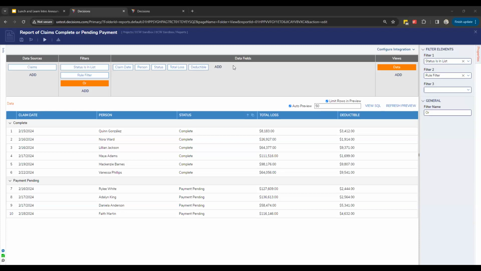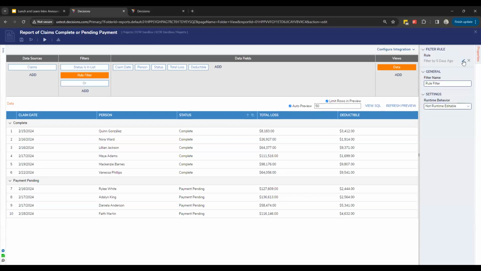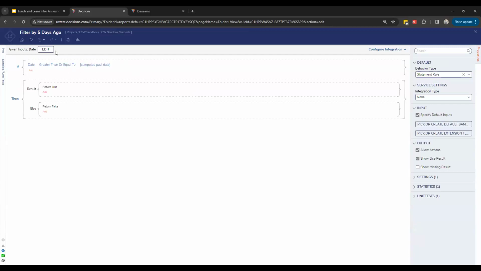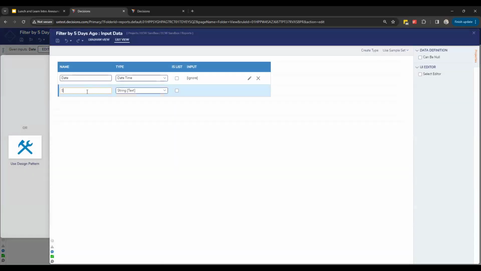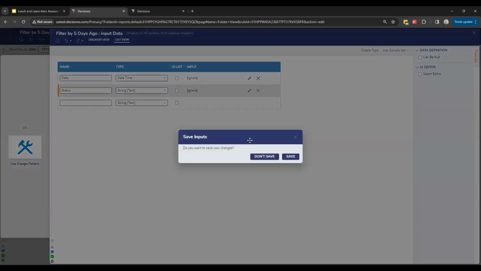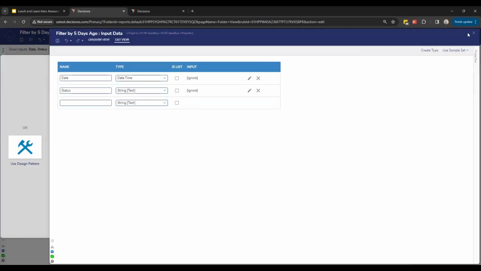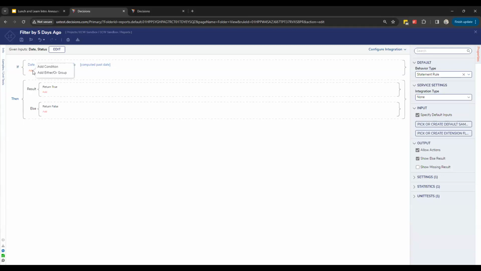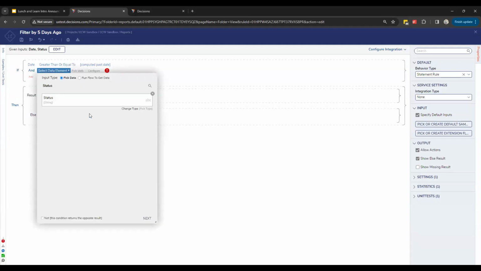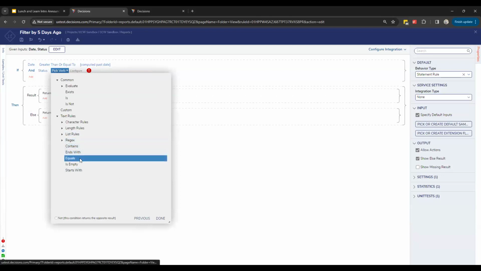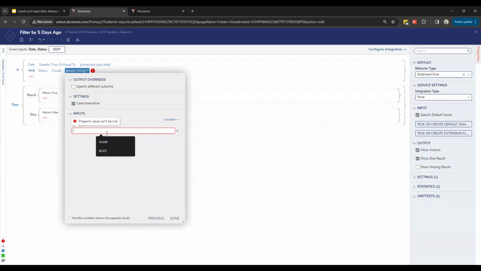If we need to put all the states in the same report, to leave pending states as is and filter by date age just for completed states. Yeah, no problem. I mean, I would still do it with this rule filter. So this rule filter currently generically is just looking if the date's greater than, but now I would modify this to also take in status as a field into my filter. And then I would write a second condition here that's, and also status is equal to, or I guess it'd be or status is equal to, no, this would be right. Status is equal to complete.